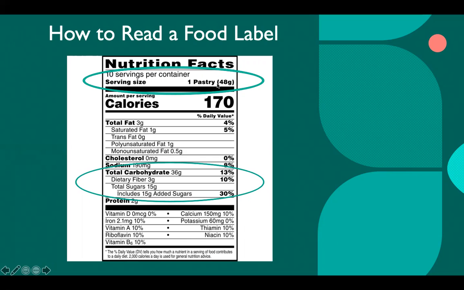After we check the serving, if we're looking for carbs, we scroll down to total carbohydrate right here. And then under, it'll tell you how much fiber. Remember, fiber is a carb. Then total sugars, and this is a huge one where I want to draw your attention, added sugars. Added sugars are the same as simple sugars. So they're what would spike your blood sugar quickly. The lower amount of added sugar, usually the better. And my quick and easy rule is to look for 10% or less. So if you see it has 30% added sugar,